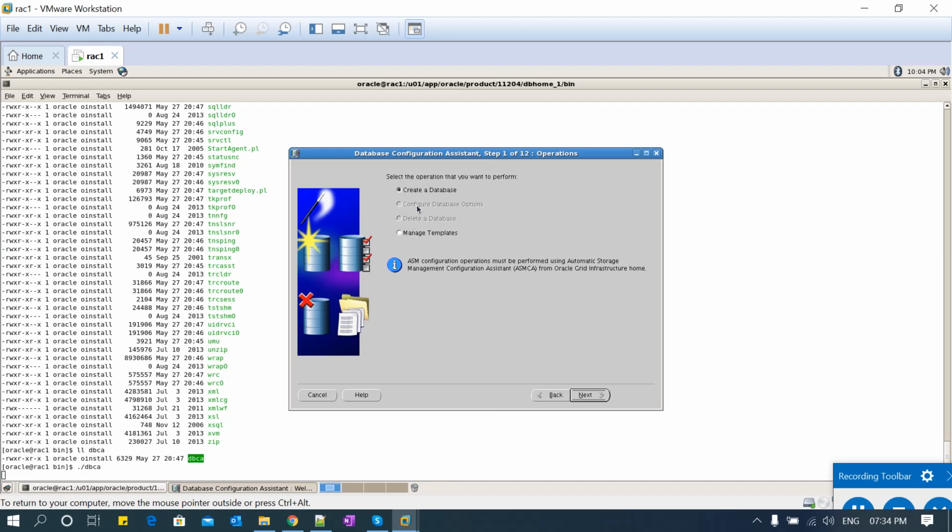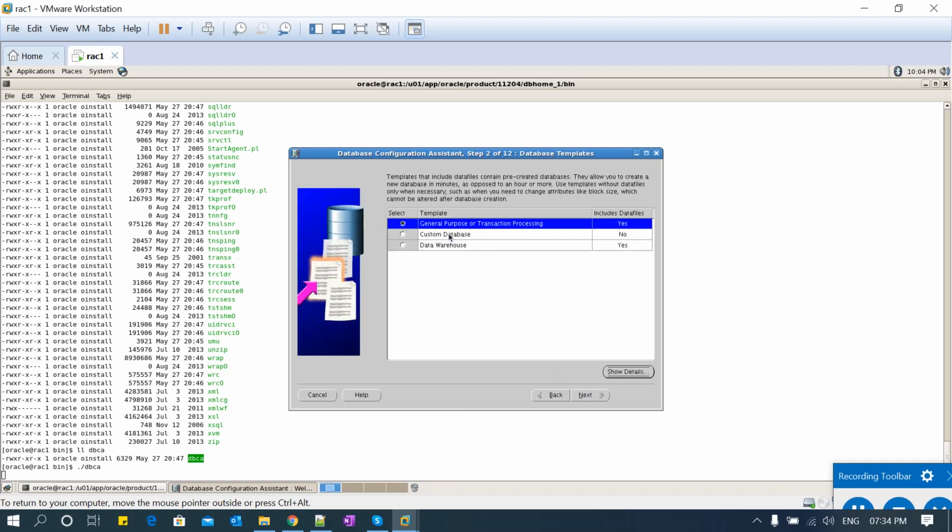And if you want to configure some option for the existing database, this button also will be enabled. Then manage templates: to create a template without installing a database, or to extract a template from an existing database, manage templates will be helpful. In this session I'm going with option 1, create database.